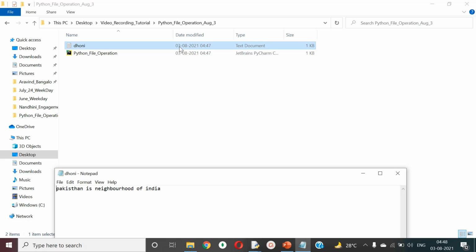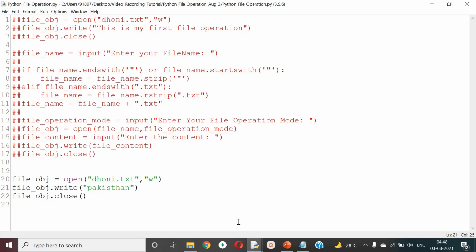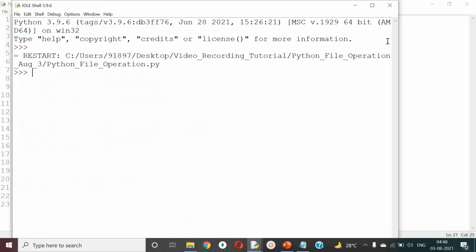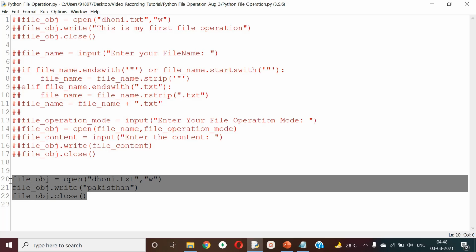So because of this cursor and pointer perspective only, the data is actually getting overridden whenever you do the write operation. Okay, that is one point. That's fine. I hope you would have got it. This is the reason why every time you do the write operation, the data is getting overridden.